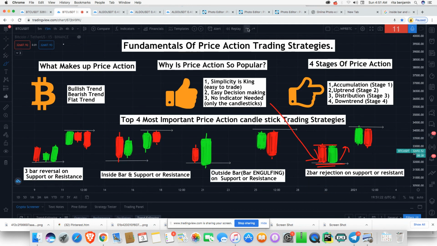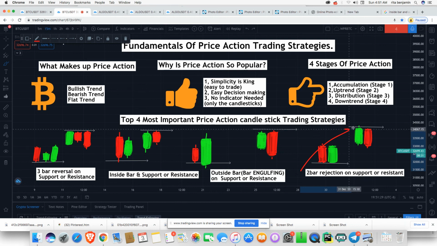The same thing happens in the situation of the bearish two bar reversal. Price is moving up, and in this situation